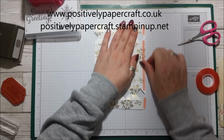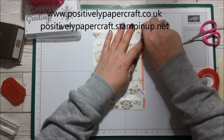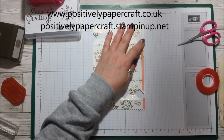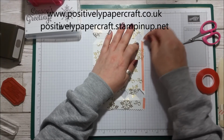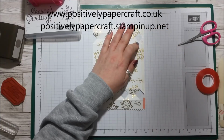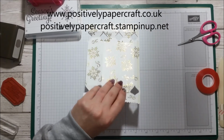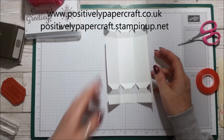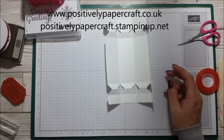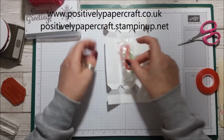Embossing powder gets everywhere. So I'm just going to remove the tape, and then before you stick it together, you can put whatever little treats you're going to put in. So I think I'm going to just pop a few of these little mini candy canes in,